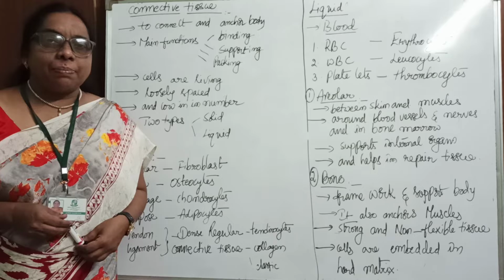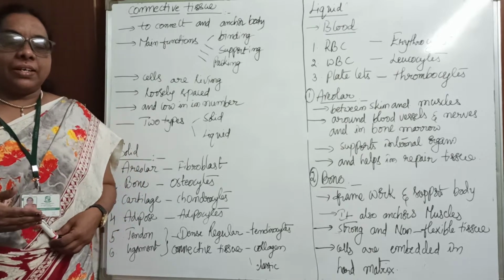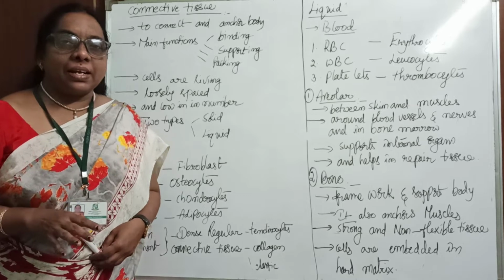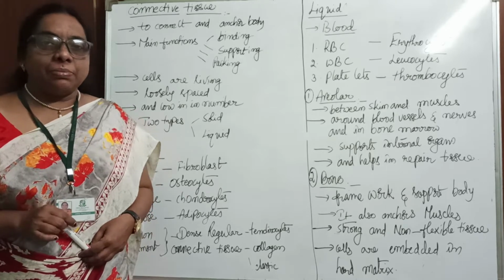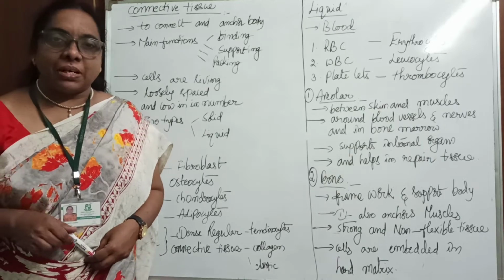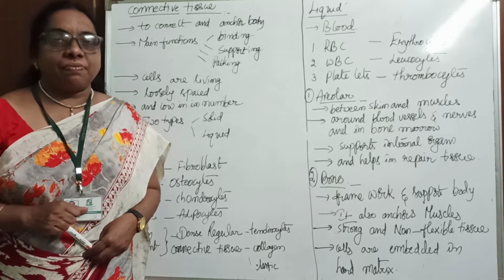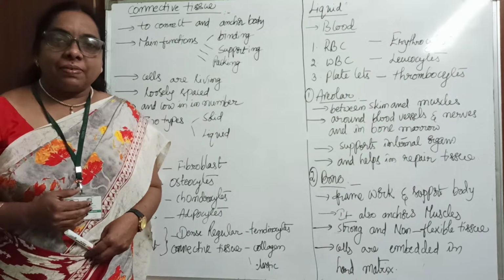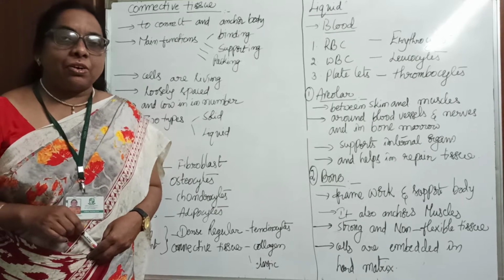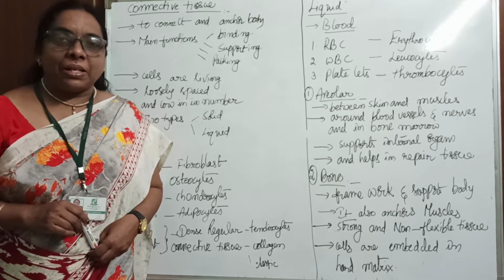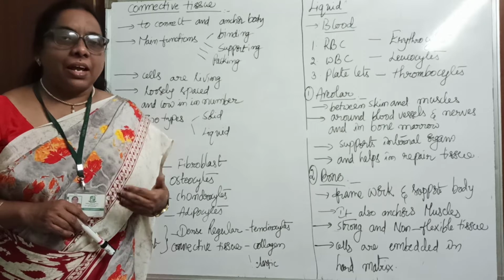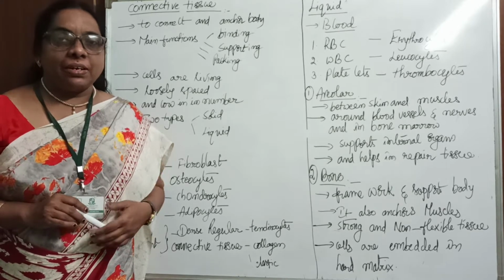Okay, and we discussed that epithelial tissue is divided into many types. When all the epithelial cells are arranged in a single row, we term it simple squamous epithelial tissue. Mostly these tissues are flat. Whereas when the epithelial cells are arranged in many layers, we call it stratified epithelial tissue. We also discussed the location of these cells and their functions.